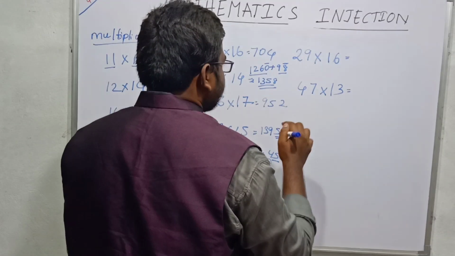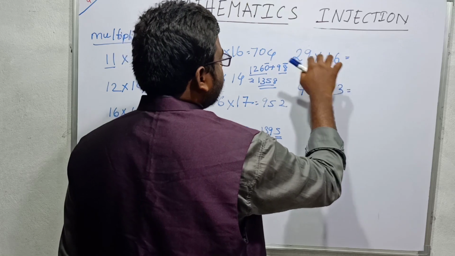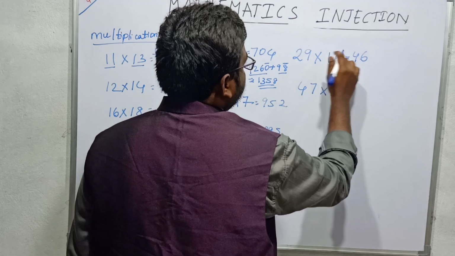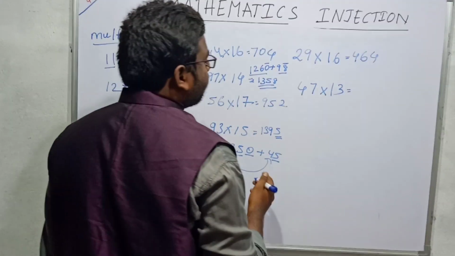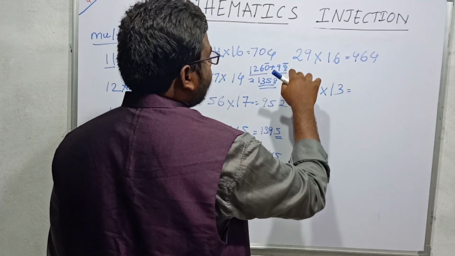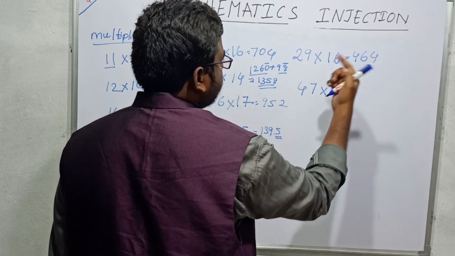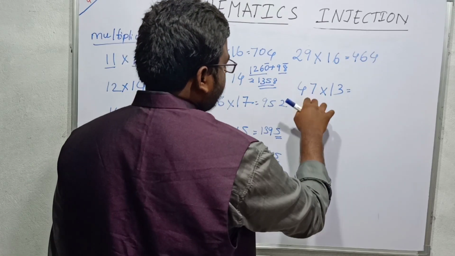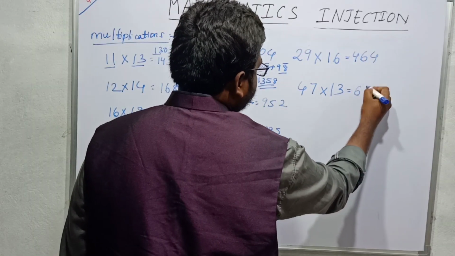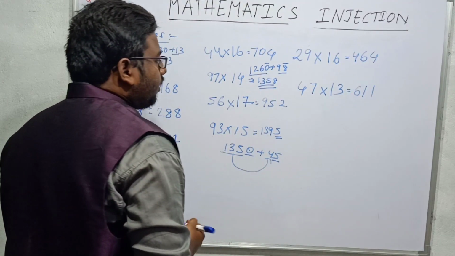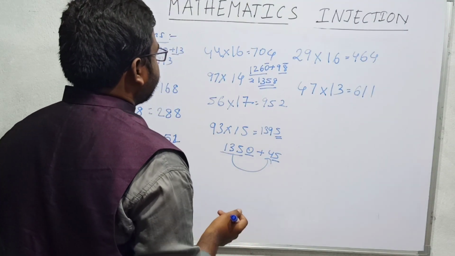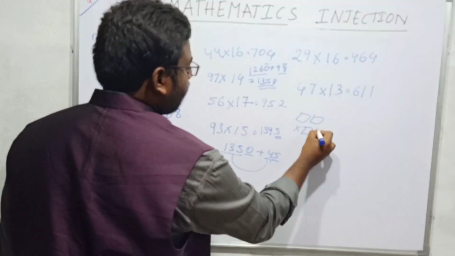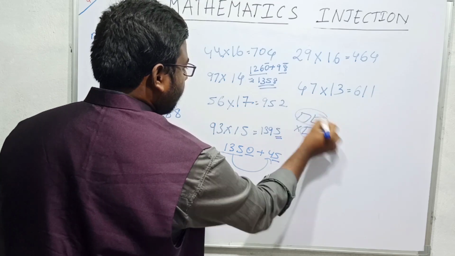For example, 29 into 16, 16 to 32 plus 69 is 144, 32 plus 14, 46, and 4 as result. You can calculate like this also. 16 3s is 480 minus 1, 16 into 1 is 16, 480 minus 16 is 464, 13 4s are 52, 13 7s are 91, 52 plus 9 is 61 beside 1. So if you go on calculating like this, you can solve the multiplication of a 2-digit number with a 2-digit number where one number, either this or this, is known.